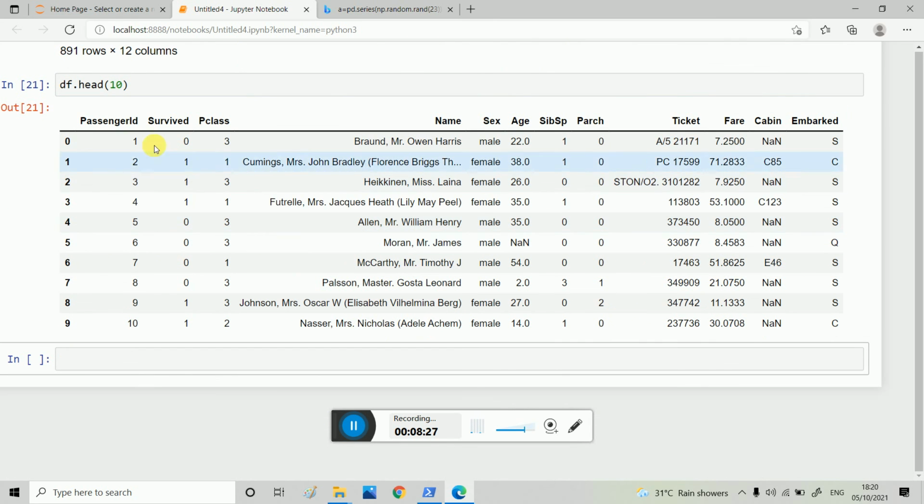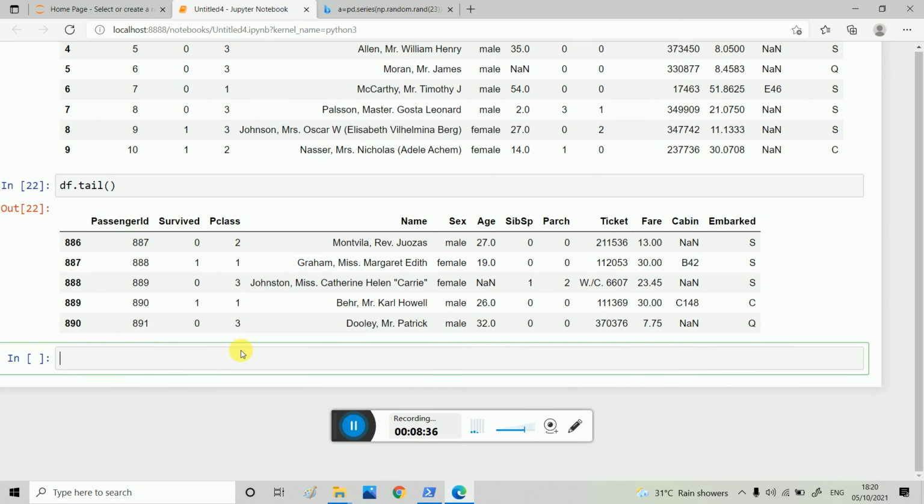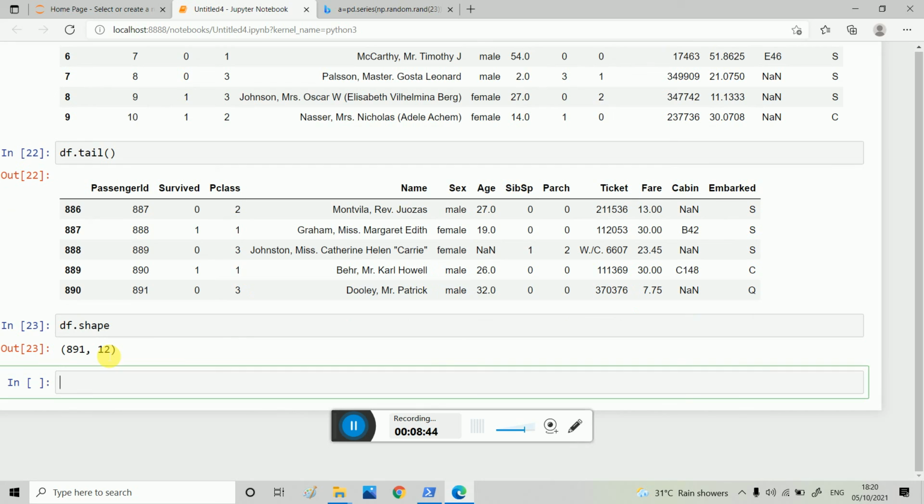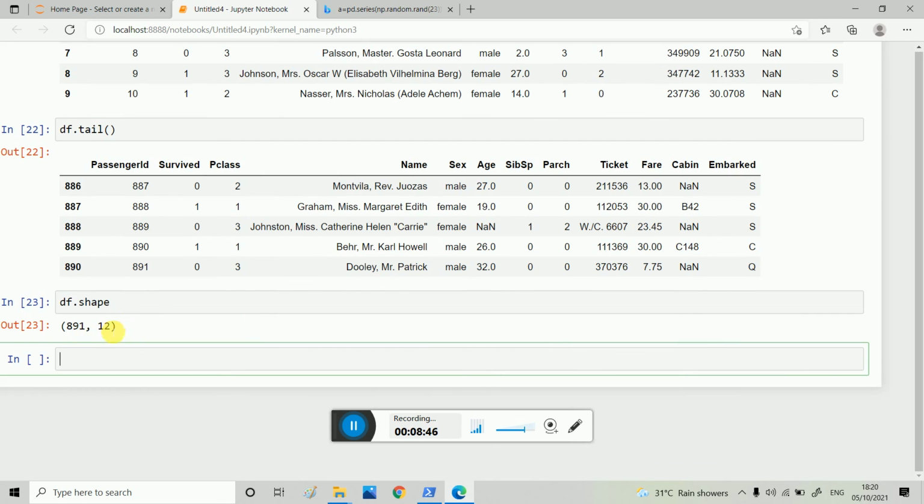Similarly, I will write df.tail for the last 5 rows, and I will write df.shape. This will give me 891 rows, 12 columns.